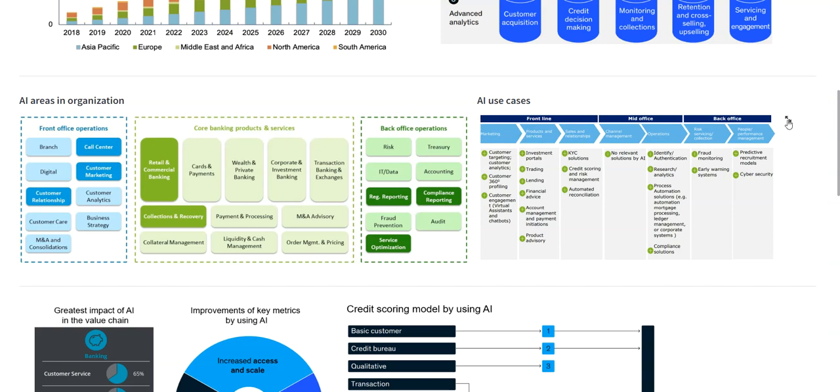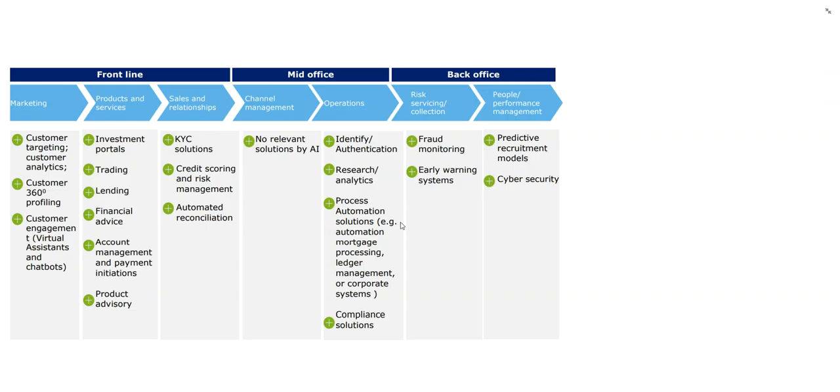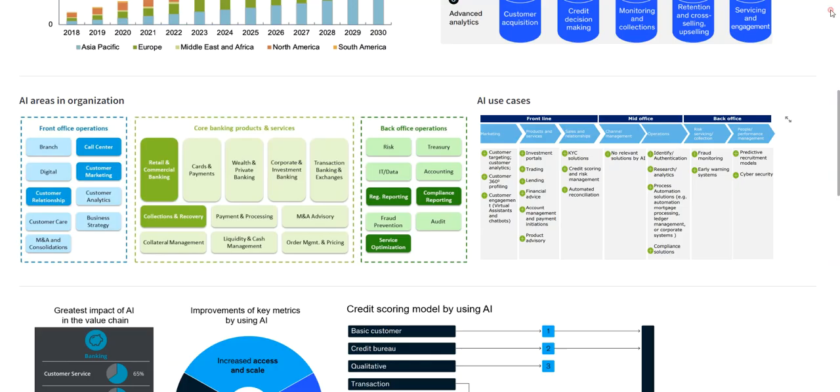In order to cover all these different areas in the organization, you will have all different use cases from AI, right? You start with marketing, you have customer targeting, customer segmentation, customer retention, and you have product and services which cover investment, lending, financial advice, right? You also have sales and relationship, just knowing your customer, right? And then you have mid office and back office doing research, fraud, all kinds of use cases,